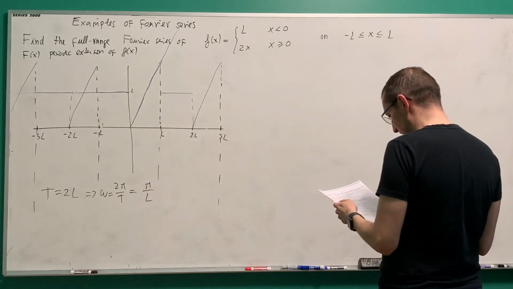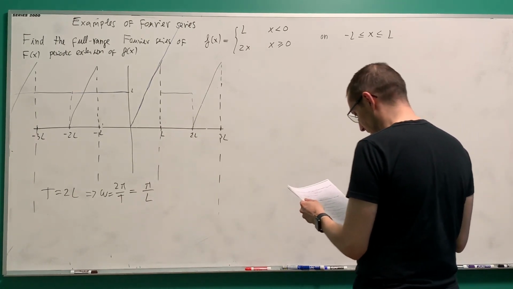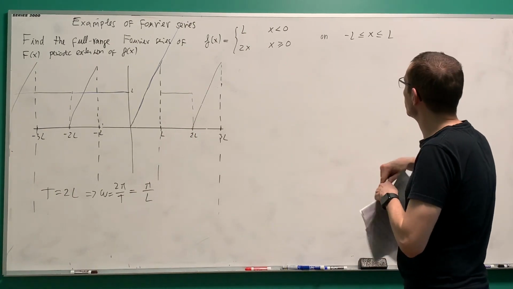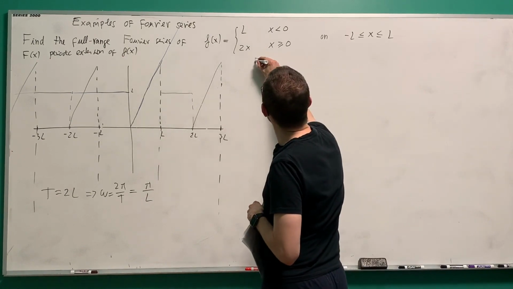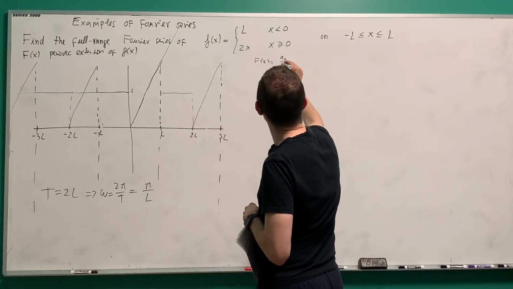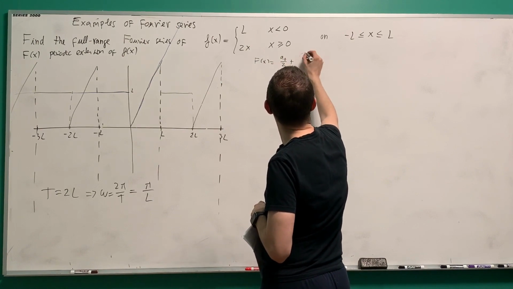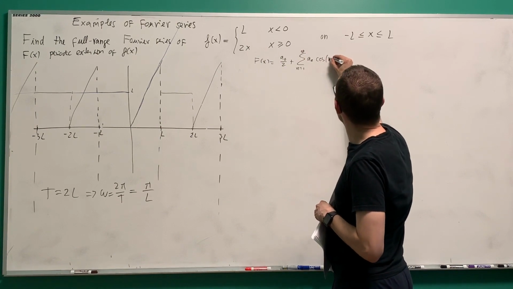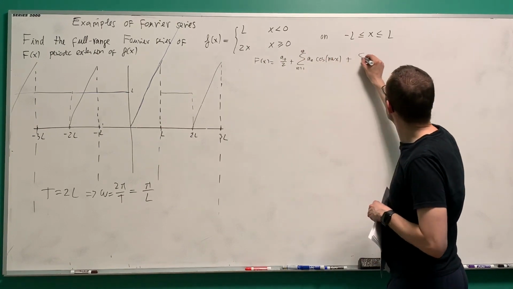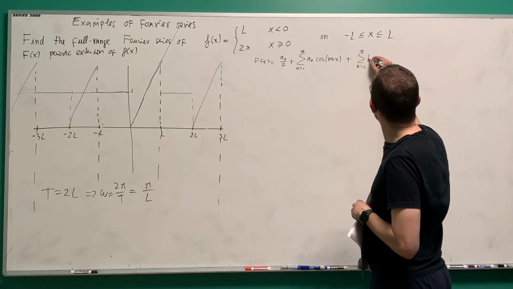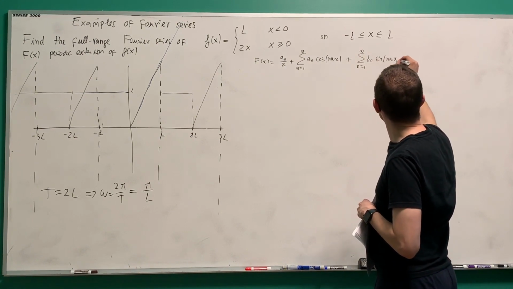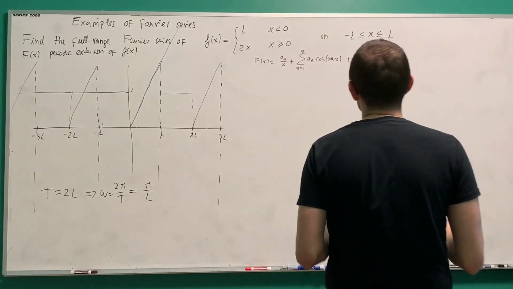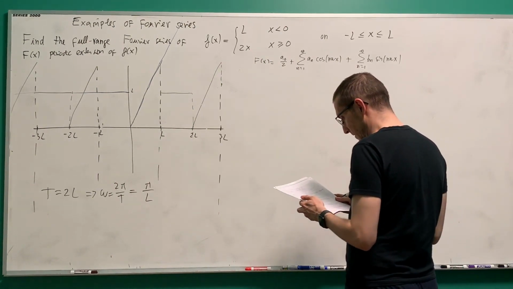So if I have to write the full expansion, I need to write the full Fourier series. Let's just write it like that. Capital F of x will be equal to a0 divided by 2, plus the sum from n equals 1 to infinity of an cosine of n omega x, plus the sum from n equals 1 to infinity of bn sine of n omega x. Wonderful. Alright, so let's compute all of them, and let's begin with a0